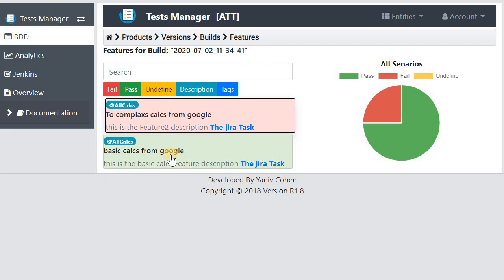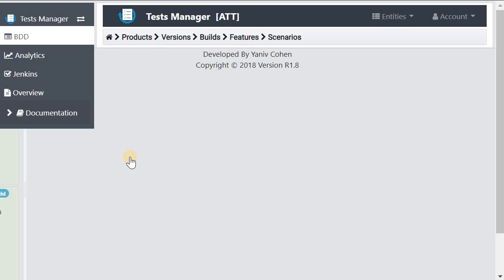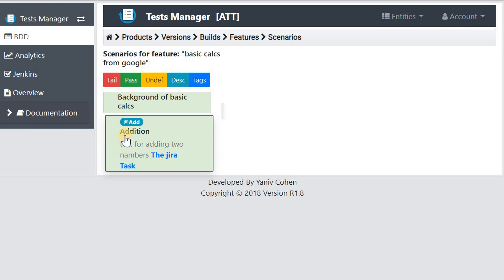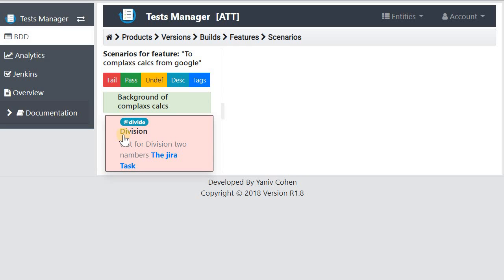These are my two features, complex calc and basic calc. Basic calc has the background and addition tagged as add, and the complex calc has a background and division calc tagged as divide.